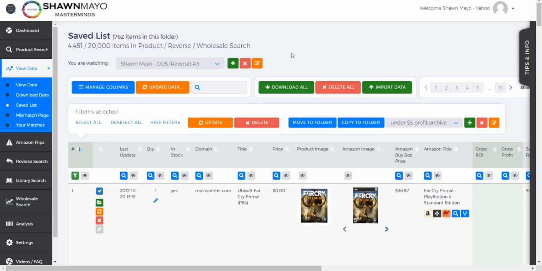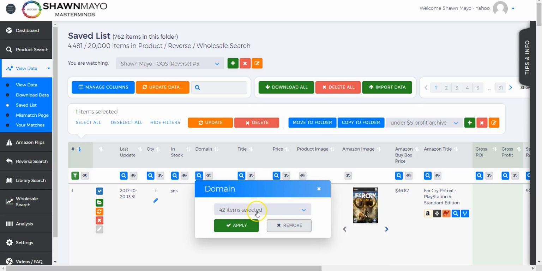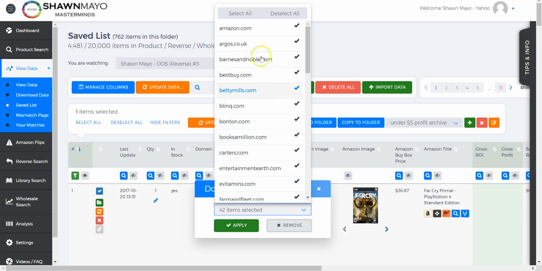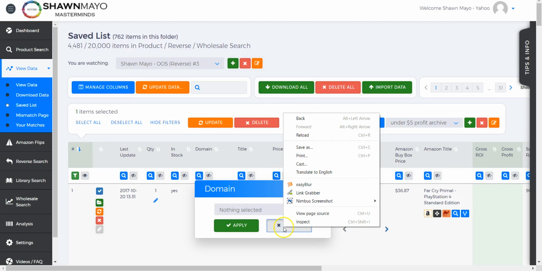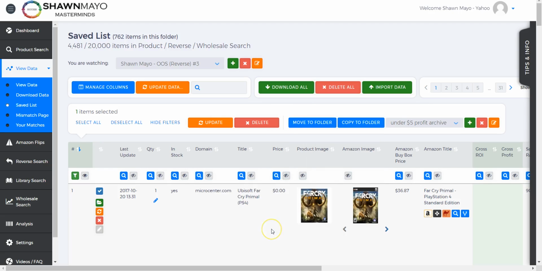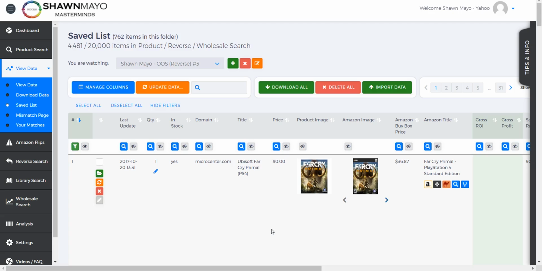You can just select domains or search by domain. So you can just hit the little magnifying glass under domain, and then you can select whatever domain you want. You would deselect all, and then just pick the one that you want. So it makes it real simple. And then it's only going to show you, Walmart, for example, it's only going to show you the products from Walmart. So you can easily get